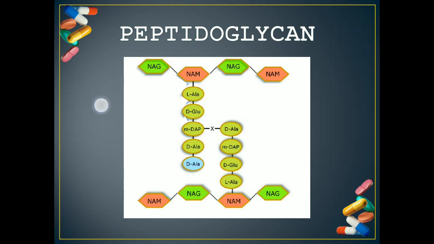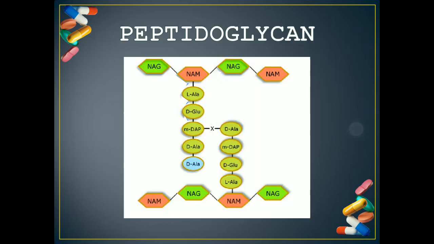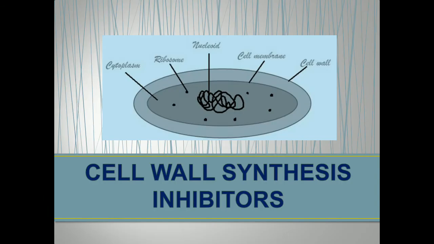Then we have another antibiotic called bacitracin. Bacitracin interferes with the carrier that is supposed to transport these precursors through the cell membrane. So NAG/NAM and these amino acid chains are being formed inside the cell. They have to be transported outside the cell through the cell membrane of the organism. So the organism has a cell membrane. The outermost layer is the cell wall, and within that it has a cell membrane.